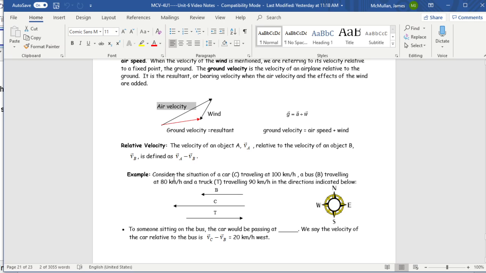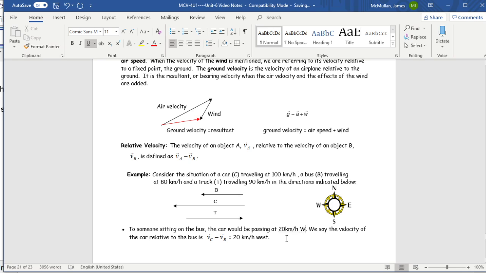They're different. So imagine you're in a car and you're traveling 100 kilometers an hour, right? And you're traveling west. And you pass a bus traveling 80 kilometers an hour west. Okay? What does the car appear to be doing to the bus? If you're sitting on the bus, you'll be watching that car pass you at a speed of 20 kilometers per hour, because that's its relative speed relative to you, right? And this is kind of the idea. You take the velocity of A relative to the velocity of B, it's simply velocity A minus velocity B. So the car relative to the bus would be the car's velocity, 100 kilometers west, subtract the bus's velocity, 80 kilometers west. The result is 20 kilometers west. So to someone sitting on the bus, the car would be passing you at 20 kilometers an hour